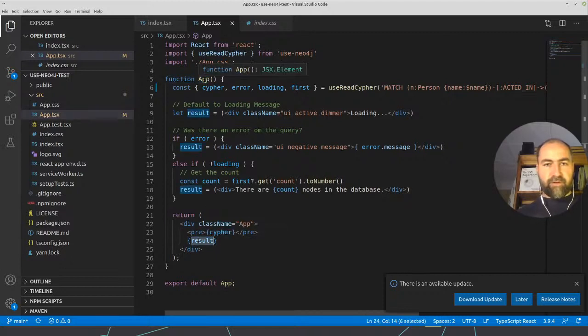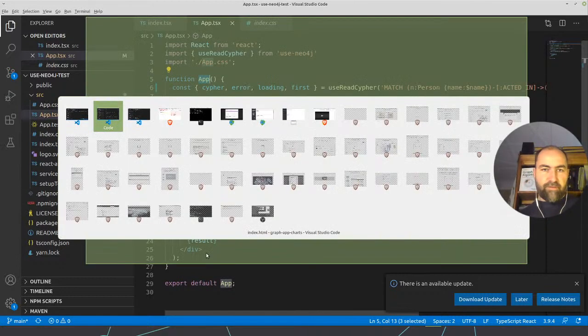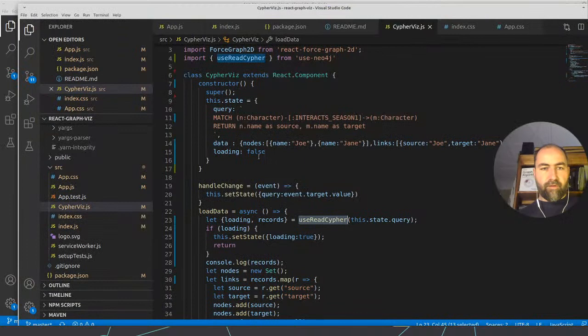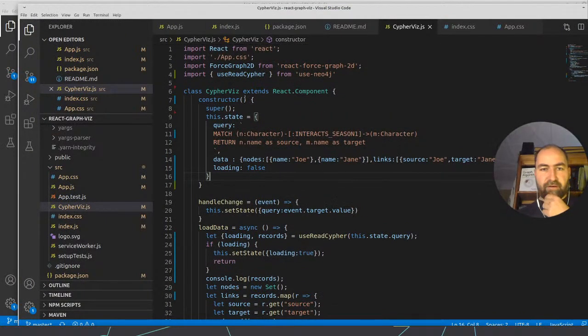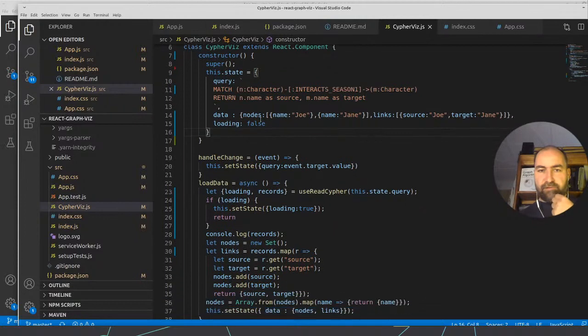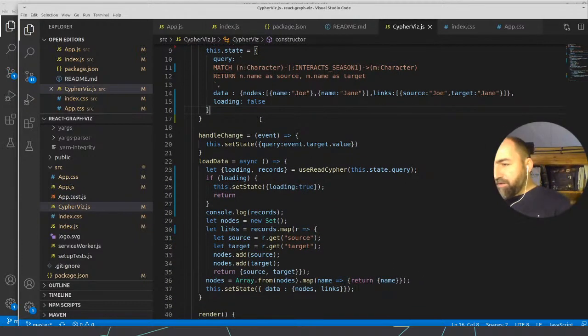So a function component is something that returns stuff. Let's see. So this is a regular component, and we should turn this into a function component. But I don't know how it handles it. Let me see what Adam says. Default function CipherWiz. Okay, we get our loading records, loading, then this, then this, then this. Okay, so I'll just type off what he tells me to type.